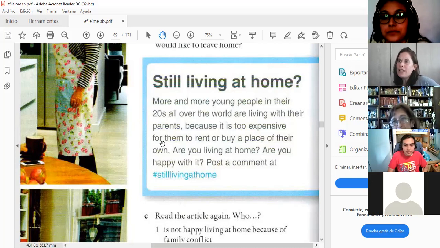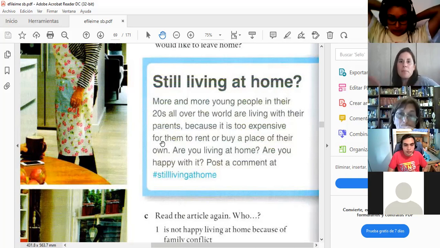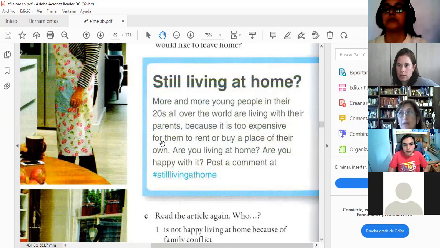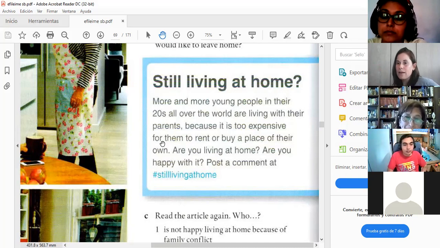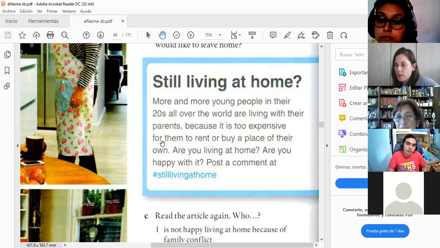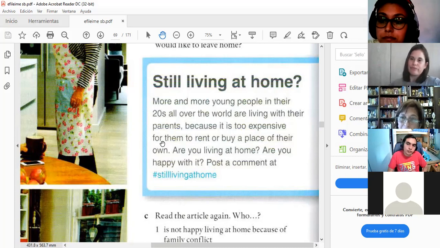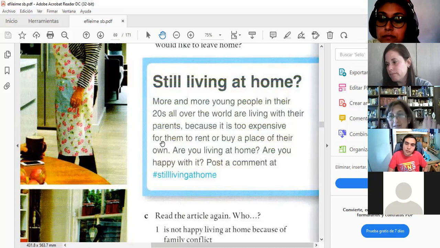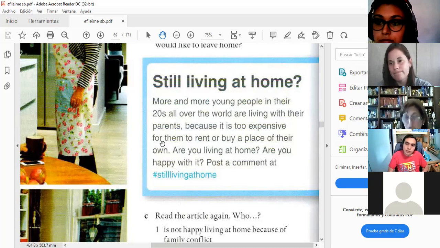Marta, if I told you that you lived in another place, where would you live? What would you say? I would live in the United States or in Spain. Why? Because I think the situation in Argentina is very difficult. I don't have hope in the future, and I regret not taking that decision when I was young, and I could go with my family and my sons to live outside